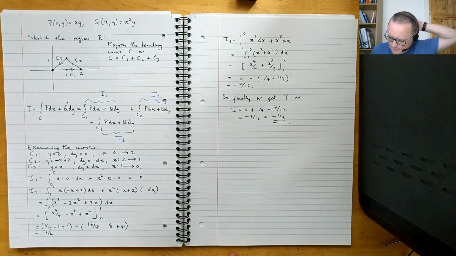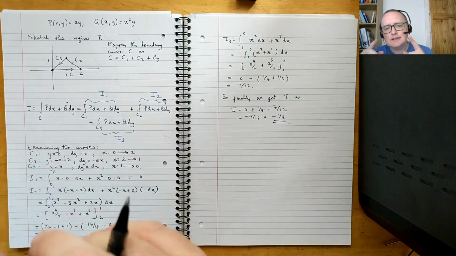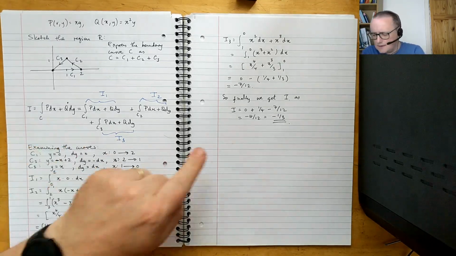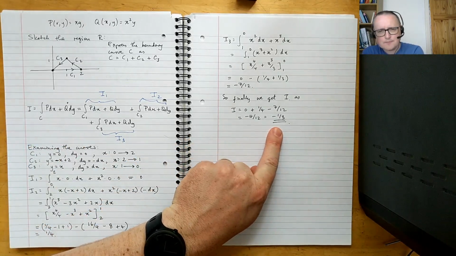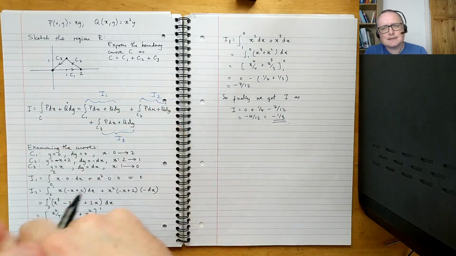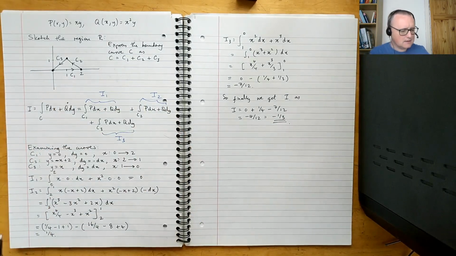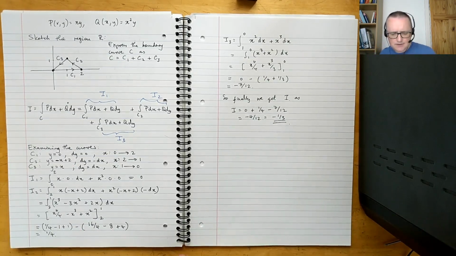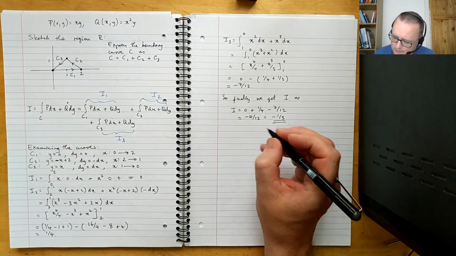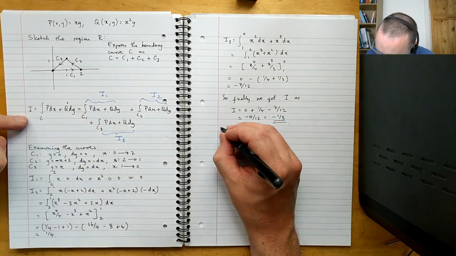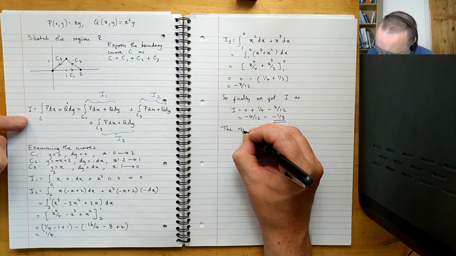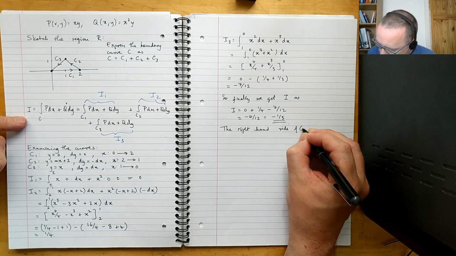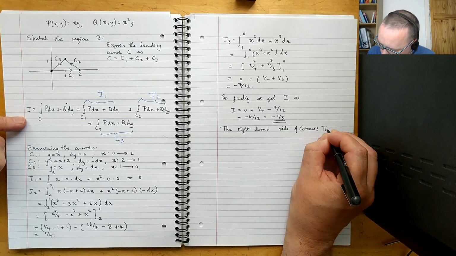Okay, so we're halfway there. We've got the left-hand side of Green's theorem. The left-hand side of Green's theorem, this integral here, we have this as minus 1/3. So now we go and evaluate the right-hand side of the integral, and it's a good consistency check here. We better be sure we get the value minus 1/3. So, the right-hand side of Green's theorem